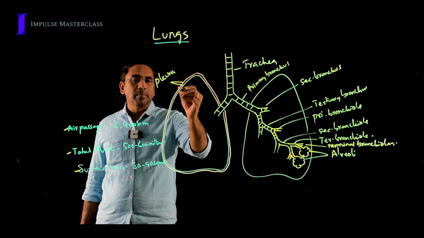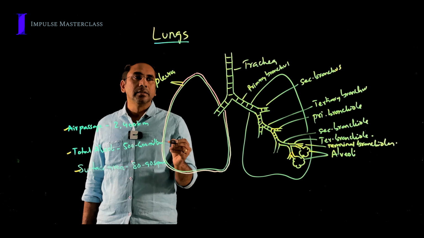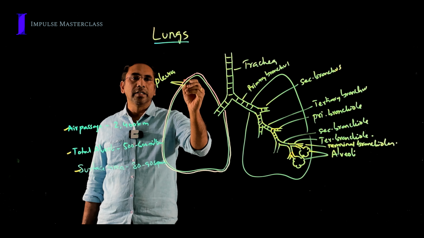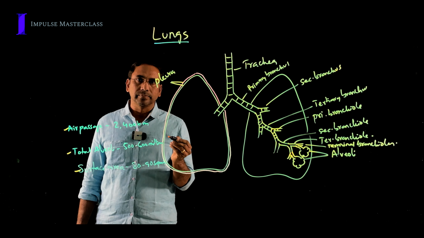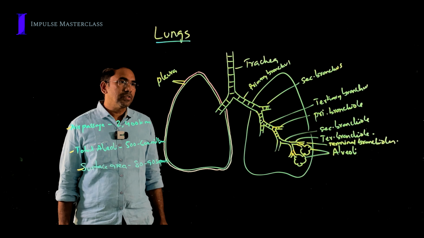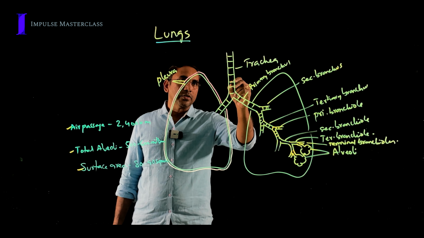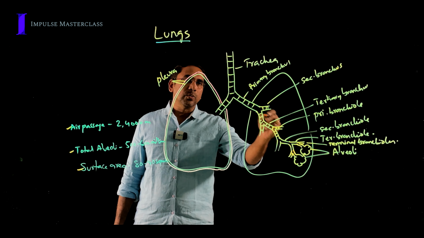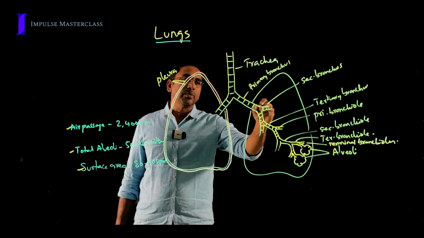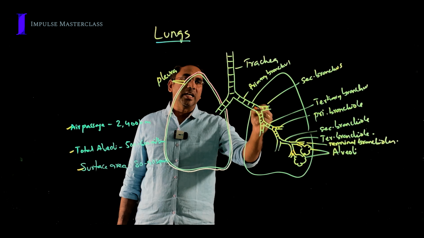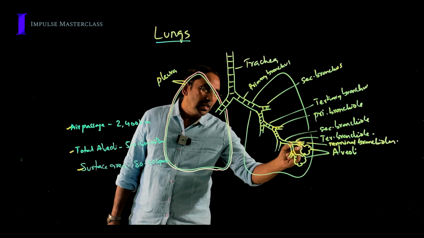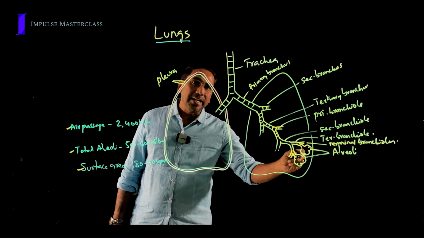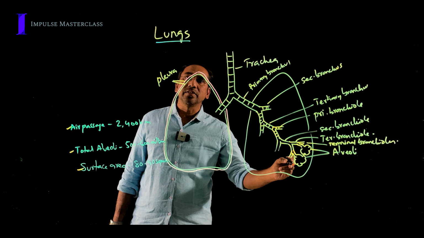Each lung is surrounded by a double layered pleura. Between the two pleura, we can find a fluid called pleural fluid that acts as a lubricant and reduces the friction between the two layers. Here we have to remember two important things. The air passage from trachea to initial bronchioles is lined by C-shaped cartilaginous rings. They prevent collapse of the respiratory passage. And one very important thing, alveoli are the sites where the actual exchange of gases takes place.